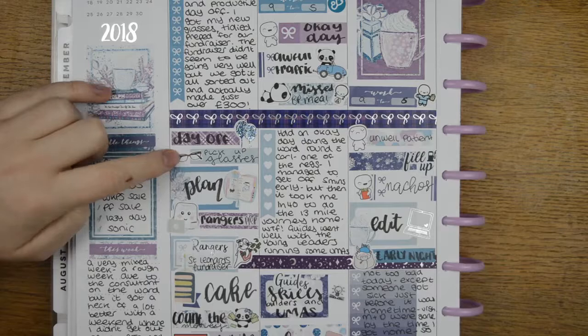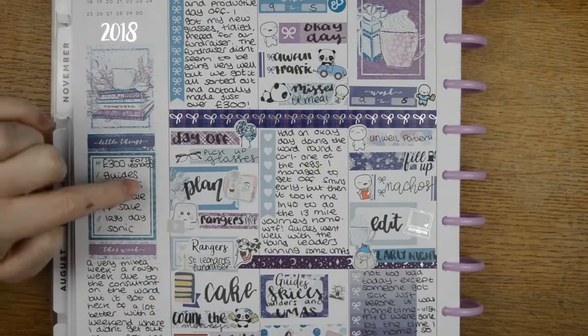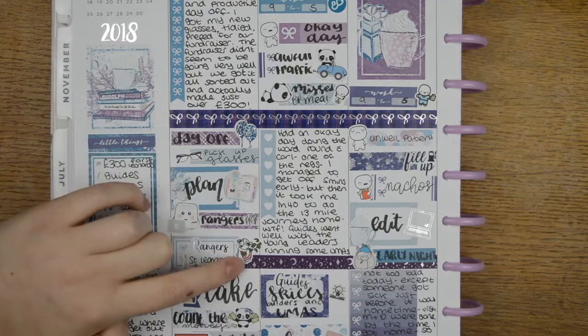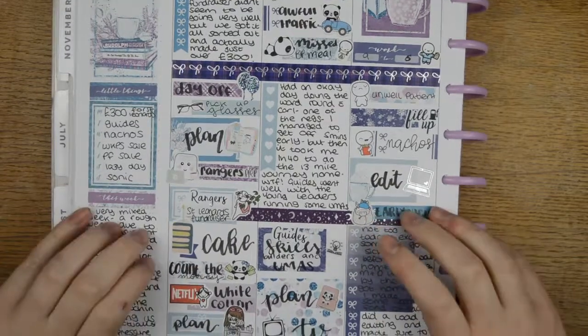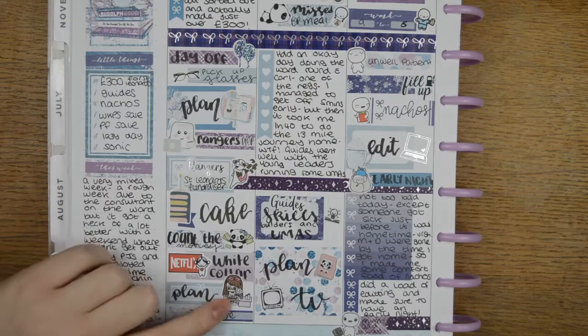This is some deco from a Planner Face kit. This 2018 is from Handcrafted by Cherie. This is from Planner Face. This is from Planning with C. This is from Paper Chip Plans. This is from Little Thought Store. This is from Ginger Cat Co, Choco and Mimi, Harriet Wright Designs,